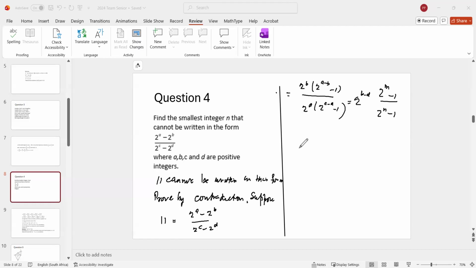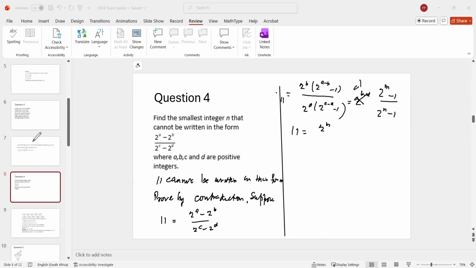Now, remember, on the left-hand side, you've got 11. And this is an integer here. So it means that 2 is not a factor of 11. When you factorize 11, you're not going to get any power of 2. So it means that B and D are the same. This part here is 1. It has to be 1. In other words, B is equal to D, 2 to the 0. So now you've got 11 is equal to 2 to the power of M